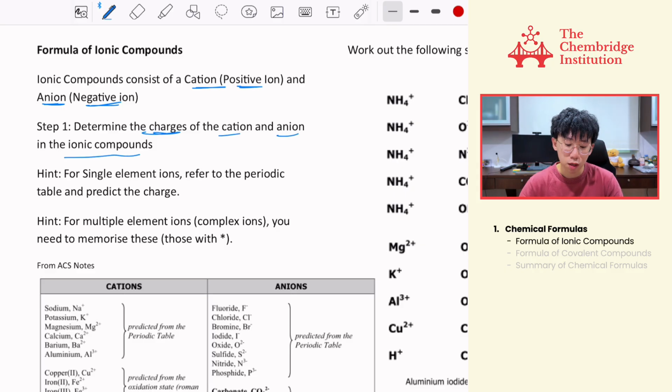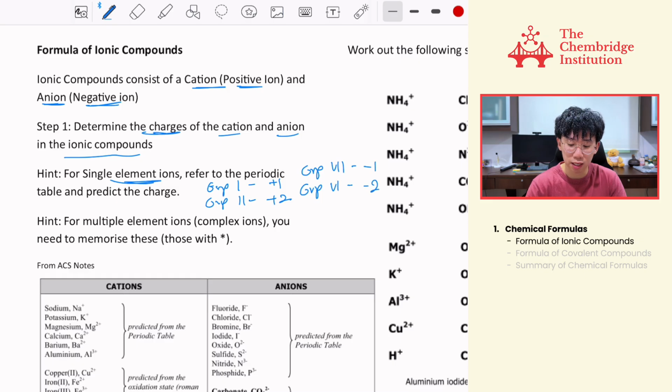ionic compounds first. Hint, for single element ions, you usually refer to the periodic table to predict the charge. For example, group 1 tends to have a fixed charge of +1, and group 2 tends to have a fixed charge of +2. If you look at your non-metals, for example group 7 or 17, you tend to have a -1 charge. And group 6 or 16 is a -2 charge, and so on and so forth. So there's a whole trend in the periodic table that you can use to find out the most likely charge